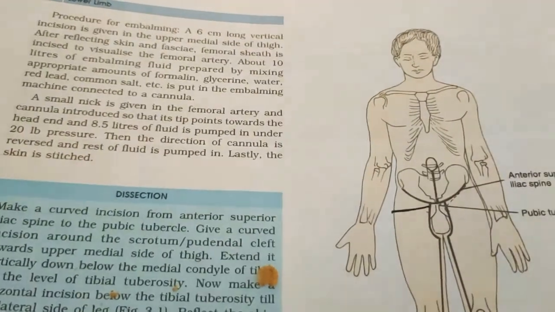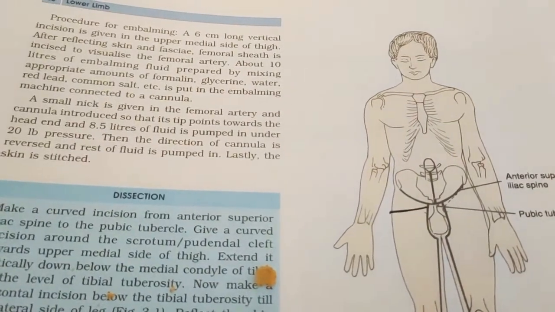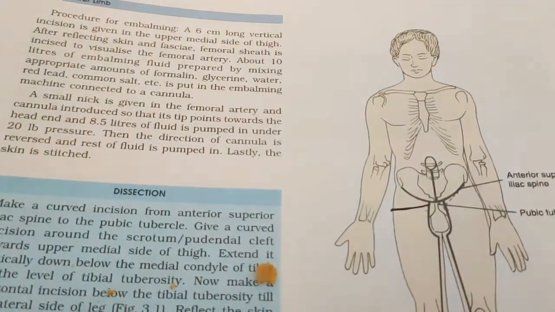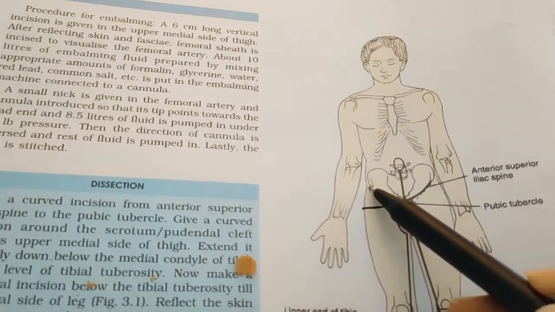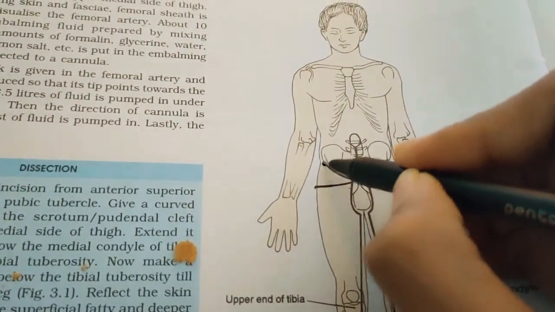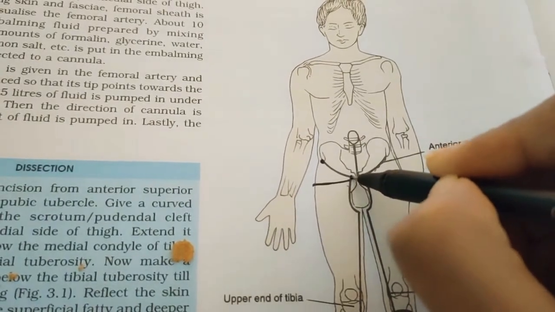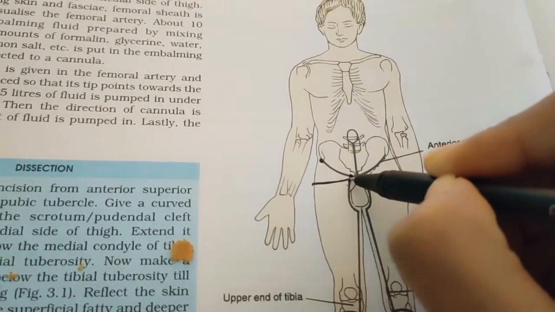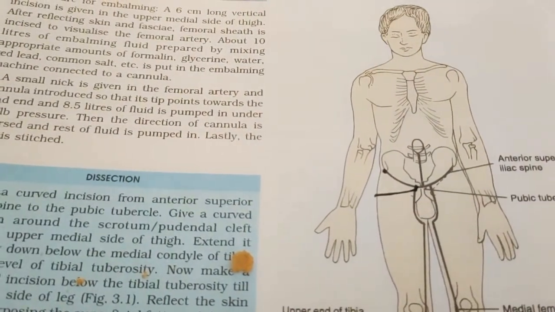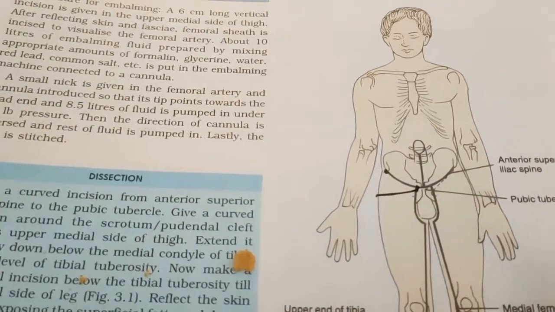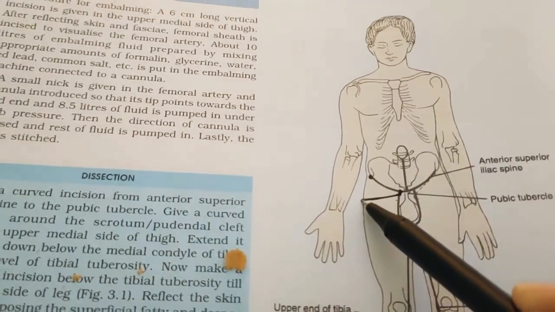So Holden's line is a firmly attached horizontal line of attachment beginning a little lateral to the pubic tubercle. For example, you can see here this is the anterior superior iliac spine and here will be the pubic tubercle. So just to the side of the pubic tubercle you begin this line, which is a horizontal line beginning lateral to the pubic tubercle and extending laterally up to 8 centimeters like this.